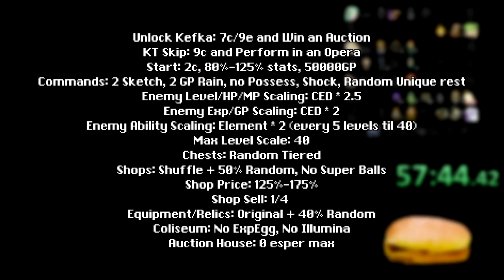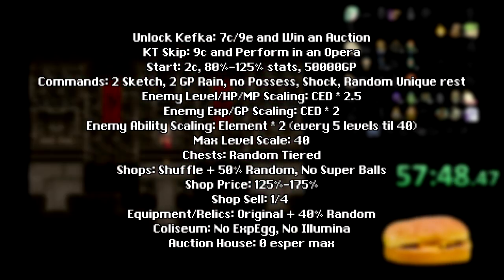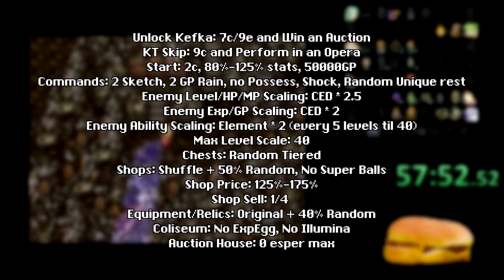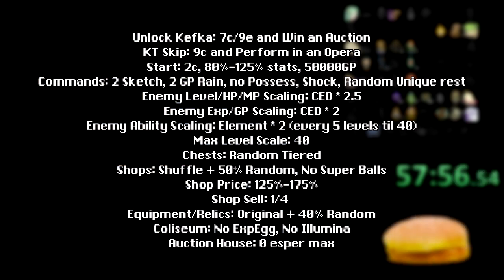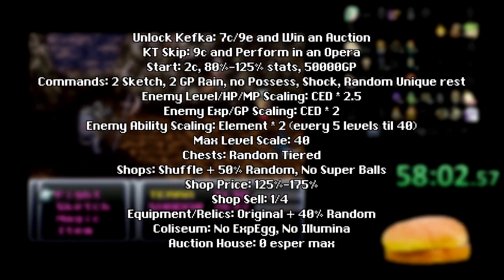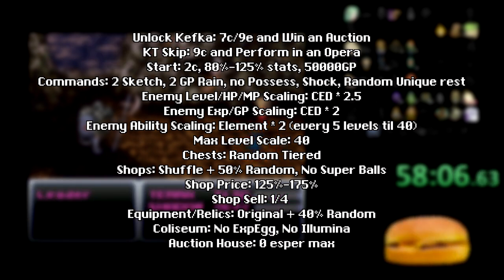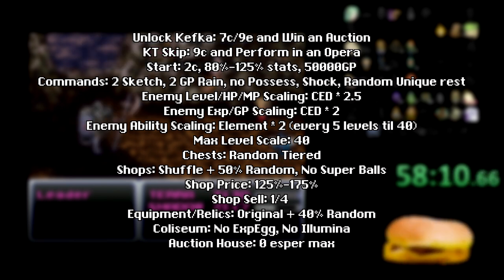However, at a higher price of 125% to 175% and a 1/4 sellback, you'd have to spend wisely, as you couldn't just make much back from the random tiered chests. 2 Sketch, 2 GP Rain users were in the seed with no Possessor Shock for the commands. Enemy level HP and MP scaling slightly higher at 2.5 times characters plus Espers plus Dragons, and a slightly better equipable pool at 40%, along with no experience egg or Illuminas in the Coliseum, so an easy way to get